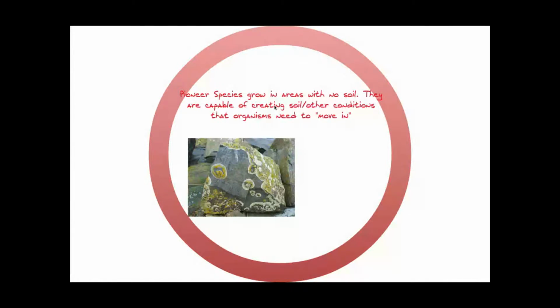And the best example of a pioneer species is these things on the rock here called lichens. They're actually a series of two organisms that live together, an algae and a fungus. But these lichens are capable of growing on rocks. They can photosynthesize, so they can make their own sugar, they can make their own food, so they don't need anything from the rock. Actually, they just use it as a place to live. And they can get all the moisture and water they need just from the air. It's very similar to the algae that can grow on the side of buildings. So these lichens are able to grow on rocks where there's no soil.